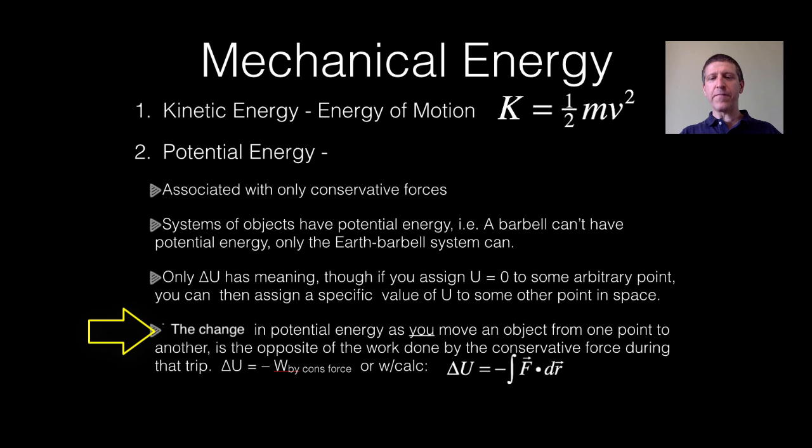For example, as I lift this calculator, gravity's doing negative work, and the change in gravitational potential energy of the calculator-Earth system is positive, that same amount of work, because I can get that exact amount of energy back as kinetic energy just by letting it go and letting it return to the same place that it started. With calculus, the way we express that is delta U is equal to the negative of the integral of F dotted with dr. In other words, that is the opposite of the work done by the conservative force